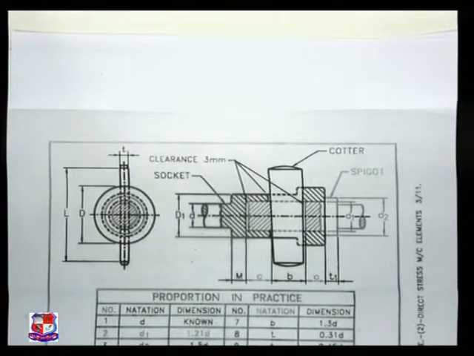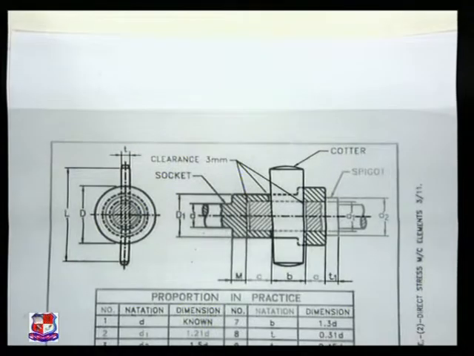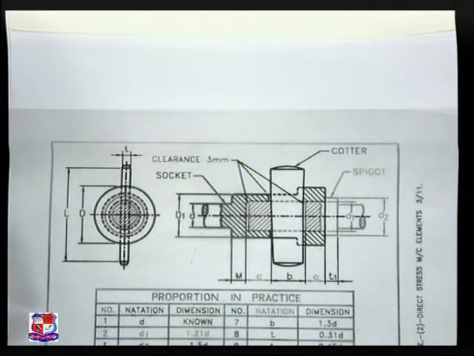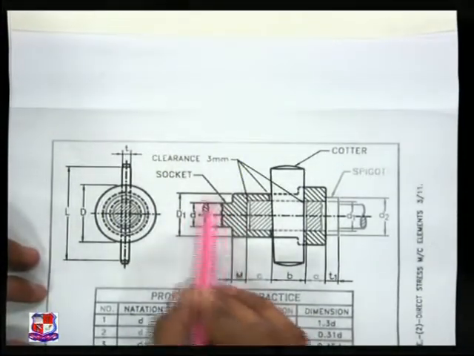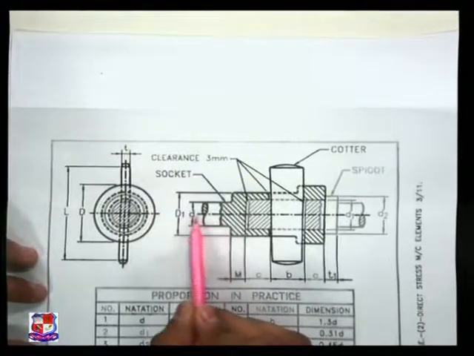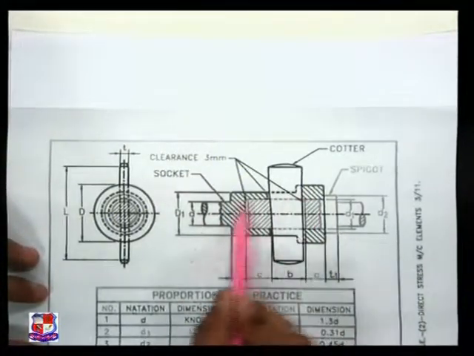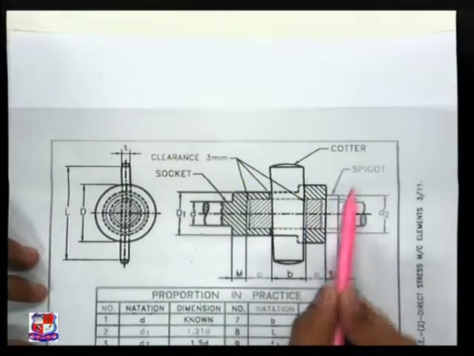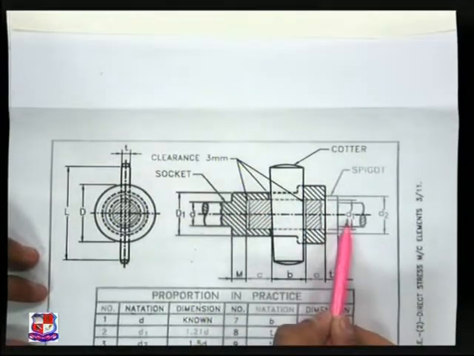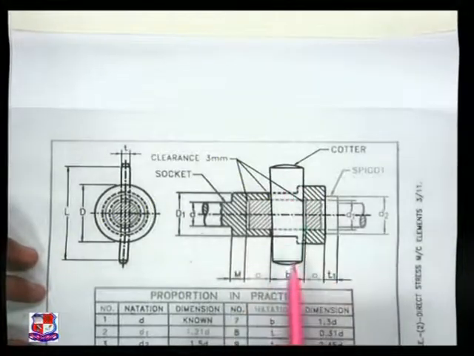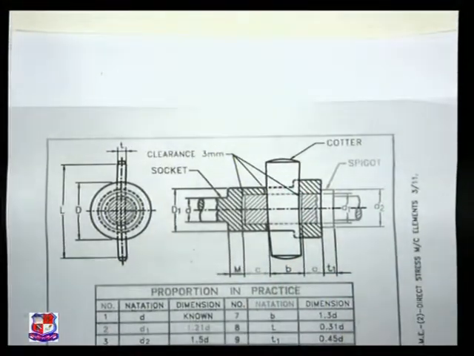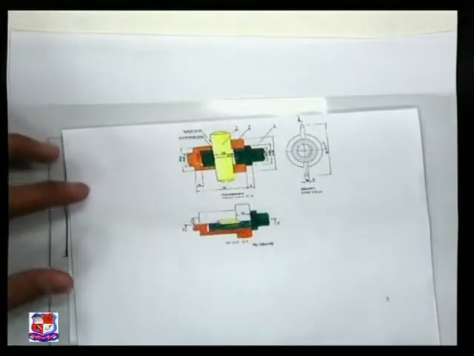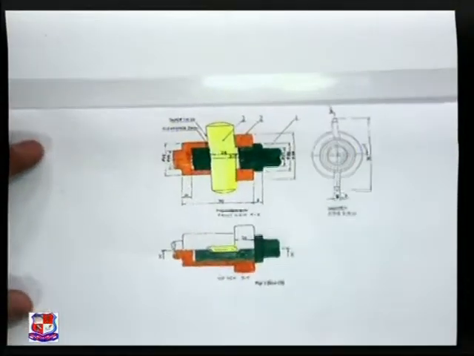Now we think about the components of this joint. Three components are there. The first is this socket. This socket end, it starts from here like this. It penetrates over here. Then second is this spigot end. This is spigot end, right? And third is this quarter, or you can see that object over here also. This is the colored portion. It could be zoomed so that you can easily see.